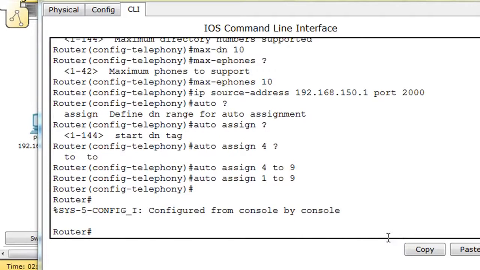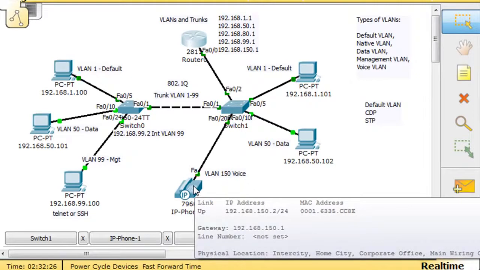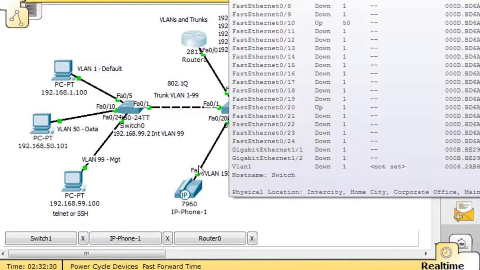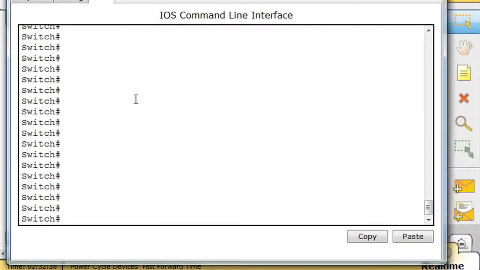Okay, now that we've configured the router, we're all done with the router, but I created on the switch this access port for VLAN 150 for this telephone, and I actually need to change it from just an access port to a voice port on this switch. So I misconfigured port Fa0/20 on the switch, and I need to redo that. So what I'll do is I'll go into the switch, and I've got the switch right here,